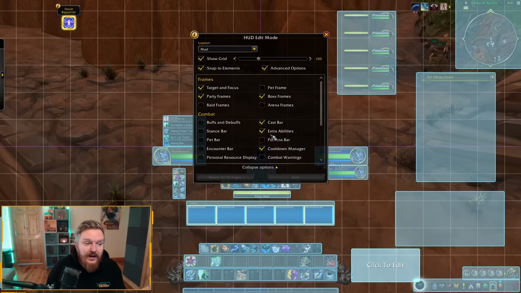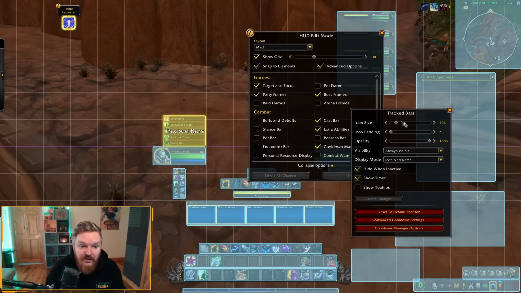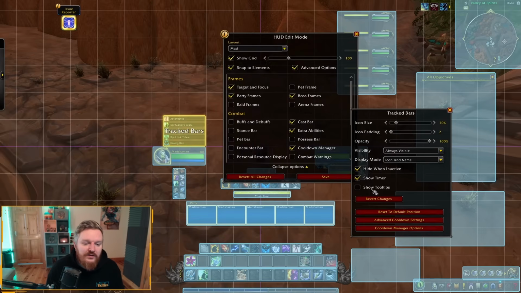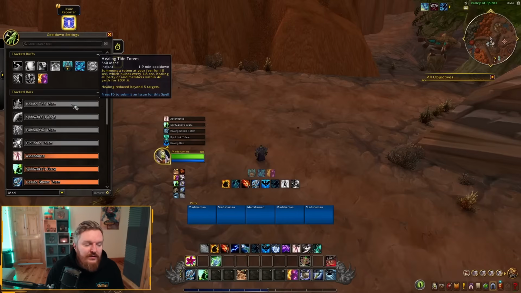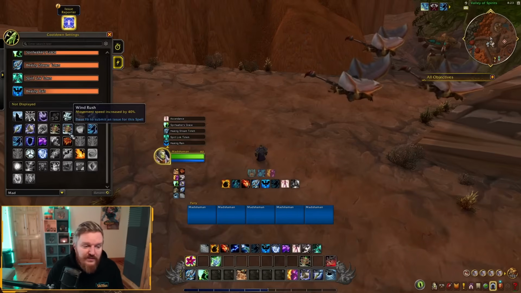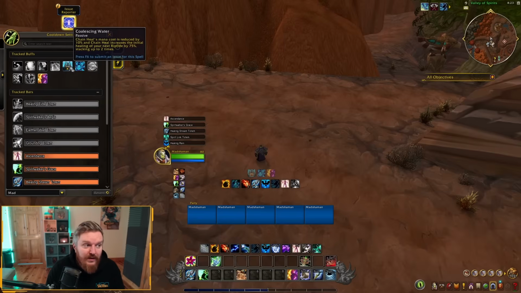So if I want to alter that, you go back into edit mode, you go into track buffs, you can change the icon size, icon padding, opacity, visibility, display mode. You can only have icon if you want. You can have name only as well. You can remove the icons, which is actually not a bad start. Now you can go back to edit mode. You can click on the track bar, so track buffs, advanced cooldown settings, and then you'll see the filtering system. You can already see, again, there's a lot of things that I'm not displaying in terms of buffs. And you can already see that I tried to add a new alert for Ding, for Coalescing Waters, just to mess around with it. On alpha, it's not really working.